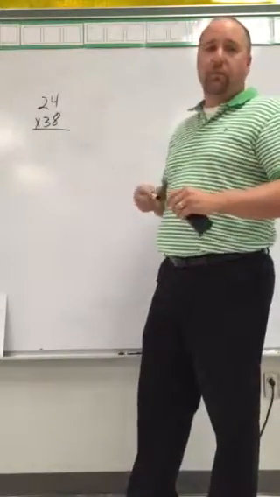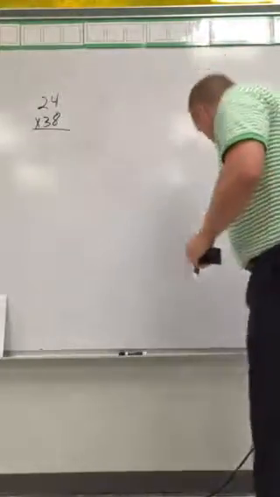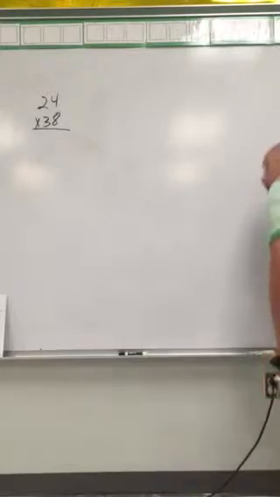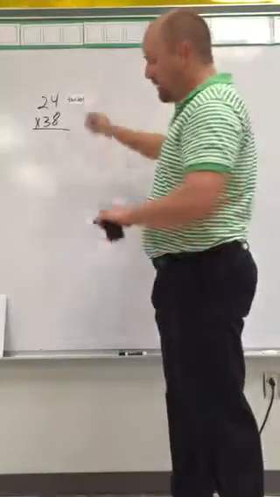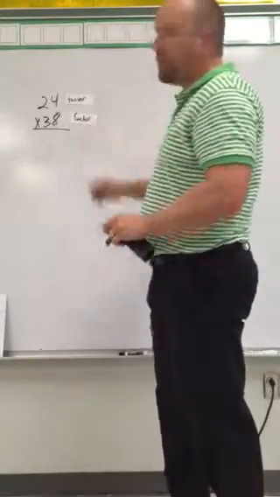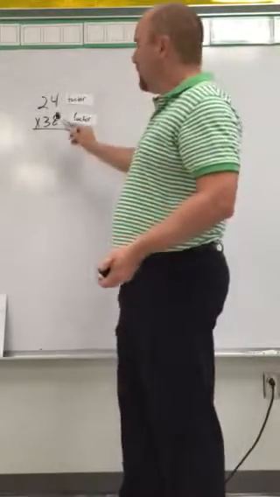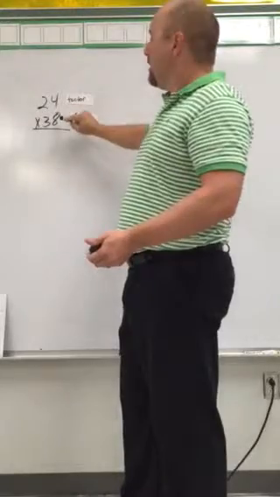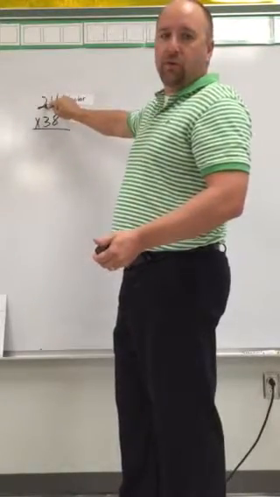On the board we have a problem, 24 times 38. 24 is my top factor and 38 is my bottom factor. And traditionally what we would do is multiply the ones of the bottom factor times the ones of the top factor, and the ones of the bottom factor times the 2 of the top factor,